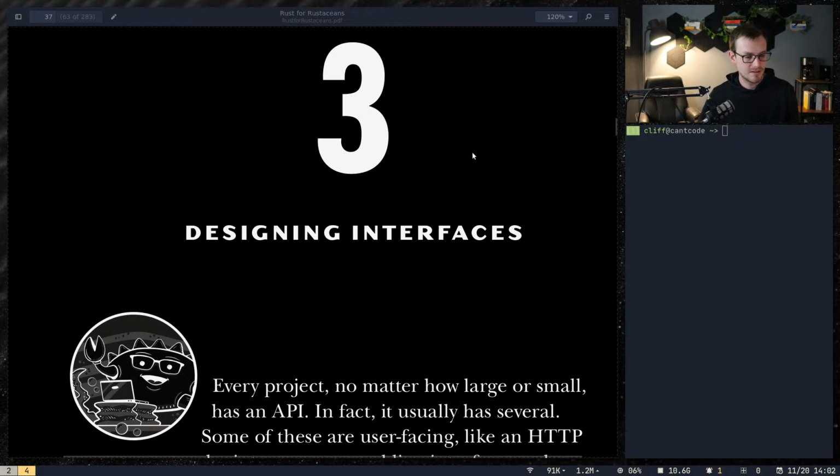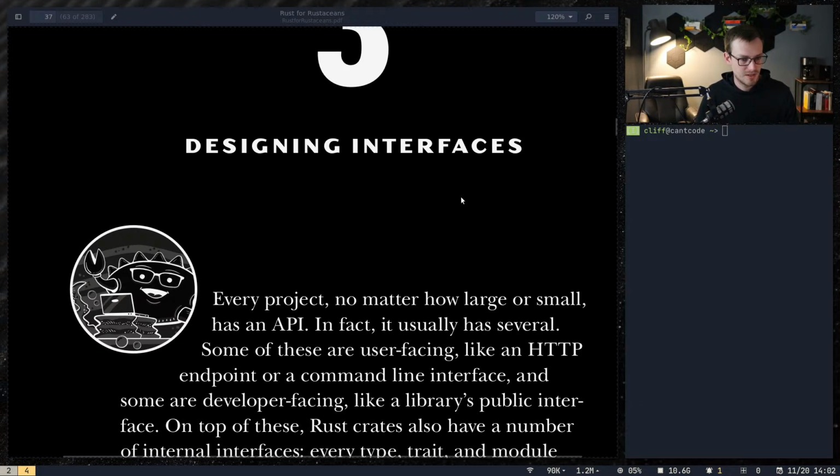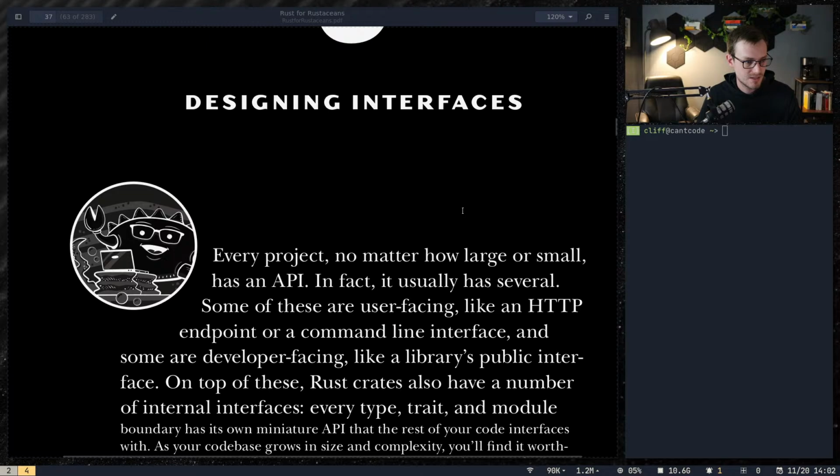Anyways, let's dive into the third chapter of Rust for Rustaceans, designing interfaces. Now this sounds like something that I've never really done before, since I mostly have done data science, which I've not built my own APIs before really, if that's even what this is about, but we'll see. So